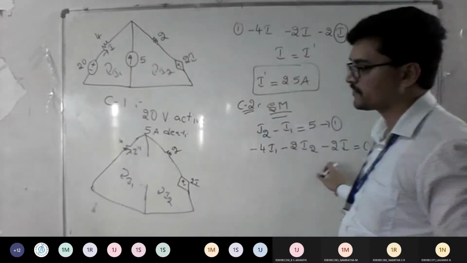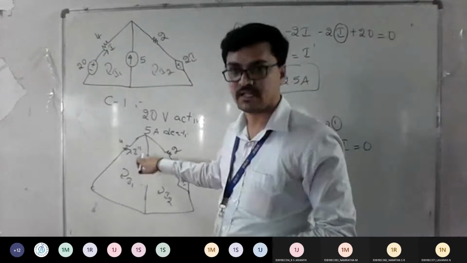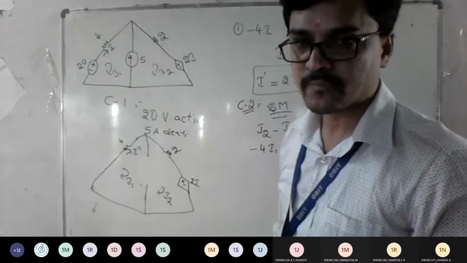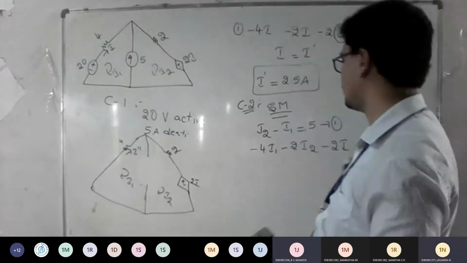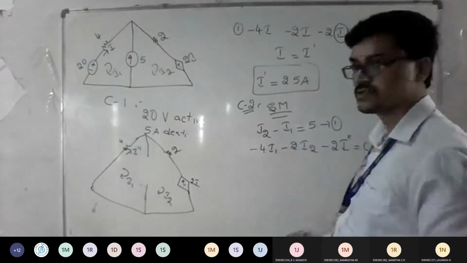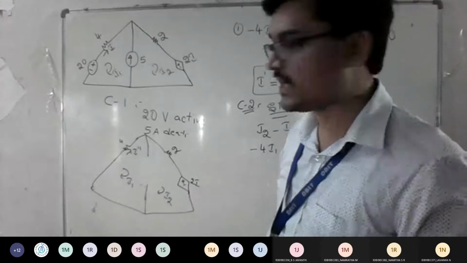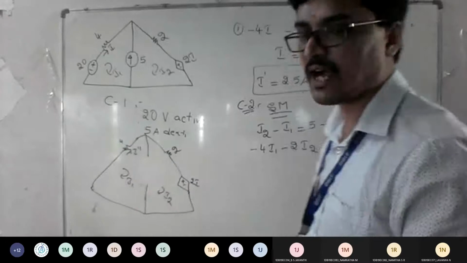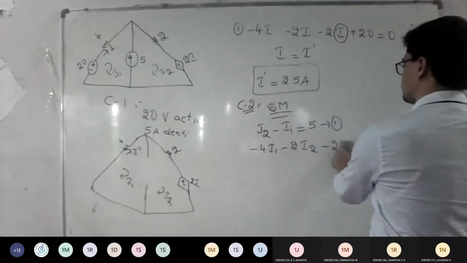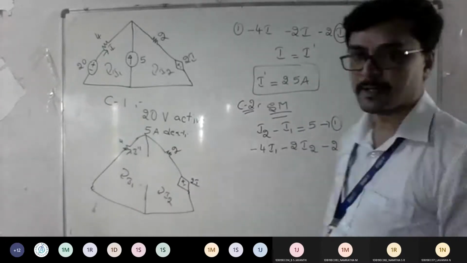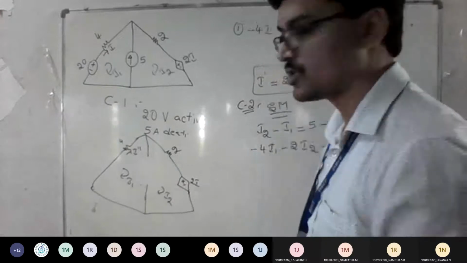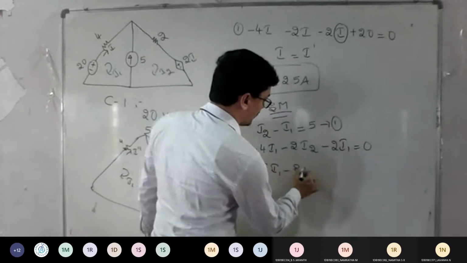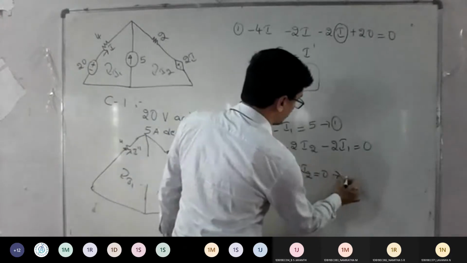So we know what is I. I is nothing but the current across this, nothing but I1 only. Agree here? Yes, sir. So I is nothing but your I double dash. Cut and draw. I double dash is across this 4 ohm, so what current is this? I1. Can I call this I double dash as I1 only? Yes, sir. So what is the expression now? It's minus 6 I1 minus 2 I2 equal to 0. This is equation number 2.